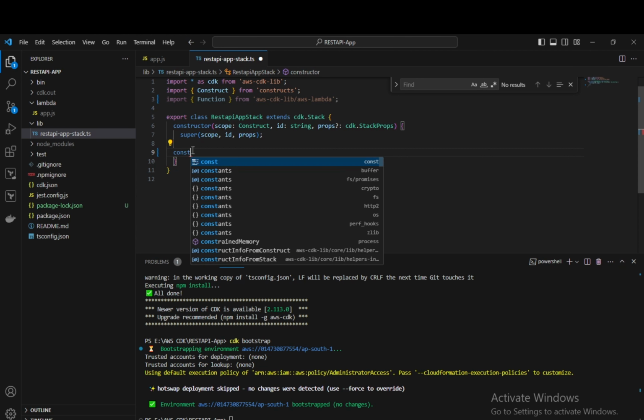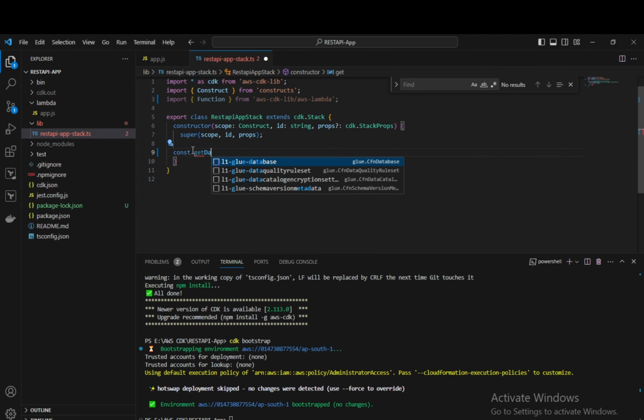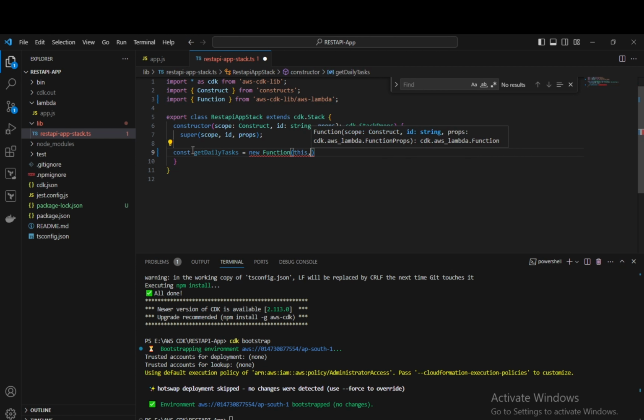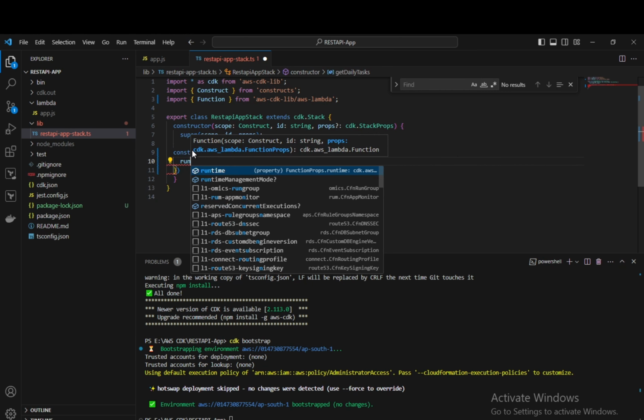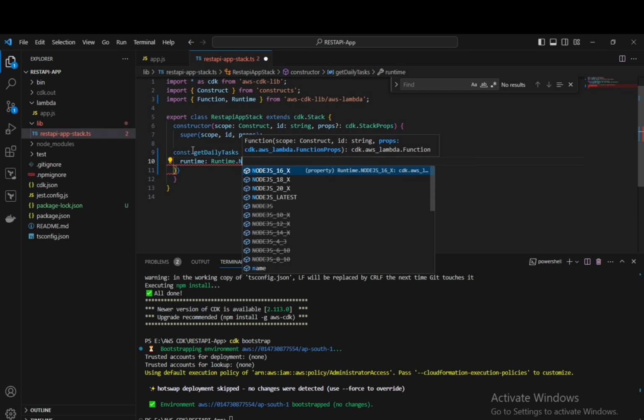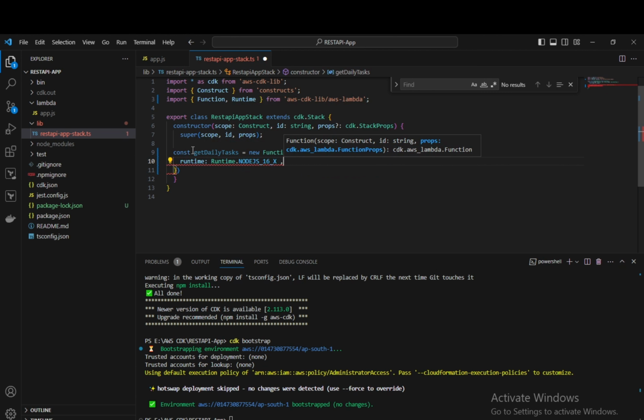Suppose const get daily task is equal to new function, and the scope is this, and we are going to have a name, get daily task app. And we have something called properties, something called runtime, and runtime is our runtime dot node.js, and then we are going to pass our memory. Memory size is 512,